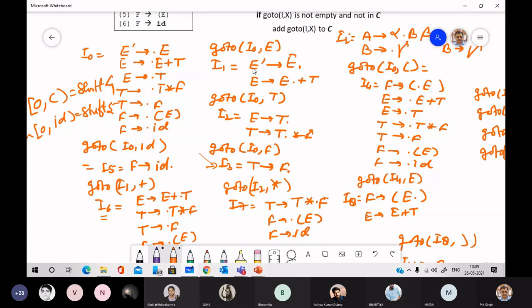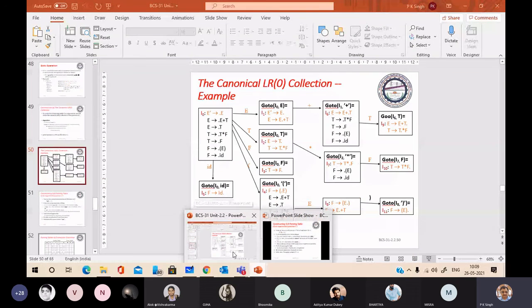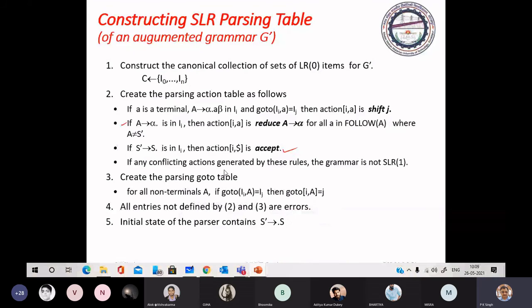One is E dash to E dot, which is like S dash to S dot, the exception for reduce action. It is the case of accept. We apply this rule: S dash to S dot in I, then I, dollar is accept.